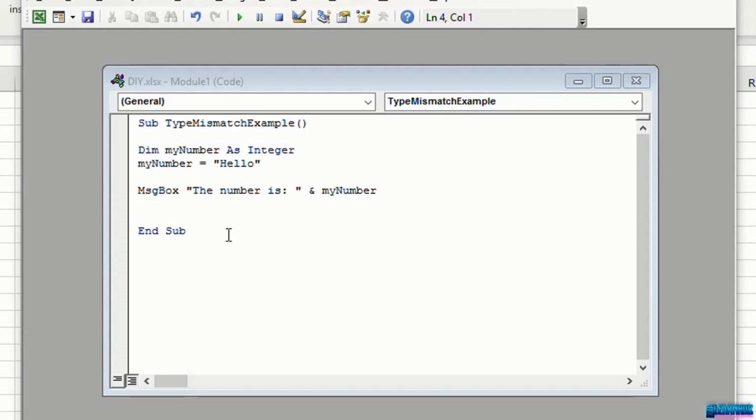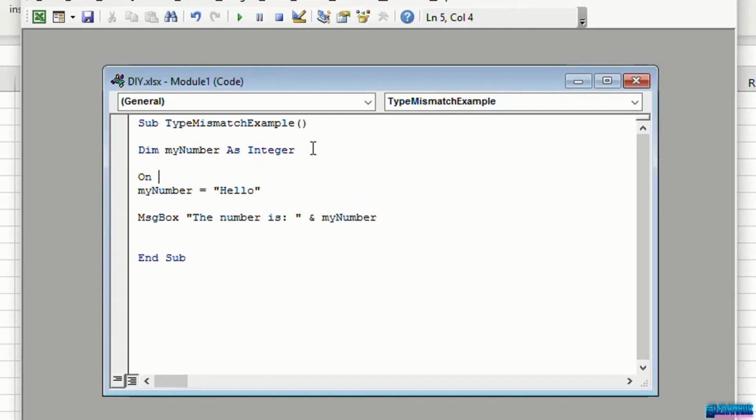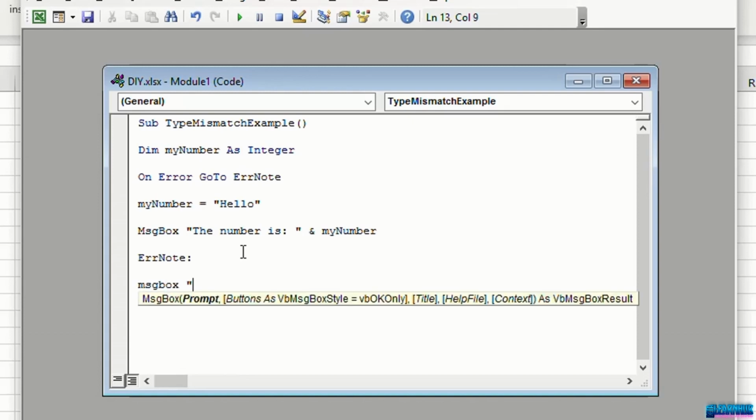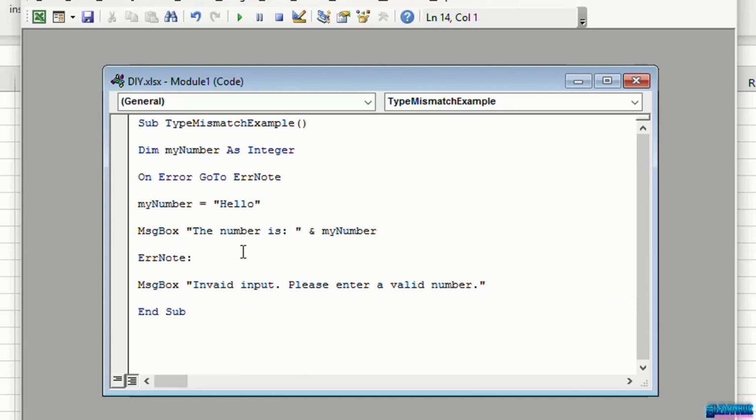So what we just need to do is to come over here, On Error GoTo, then let's give it a name, a label. Let's call it error note. Then we come over here and say error note, the message we want to appear, so message box, then let's just say "invalid input, please enter a valid number." This tells the person that the input made is invalid. Then we exit